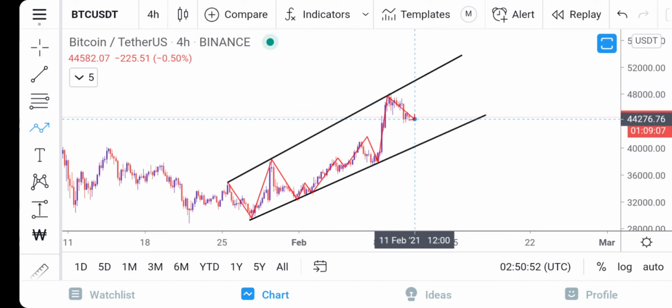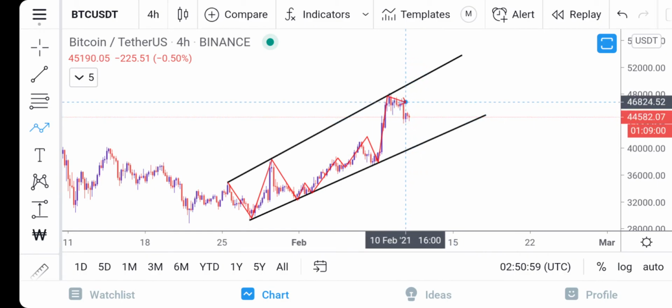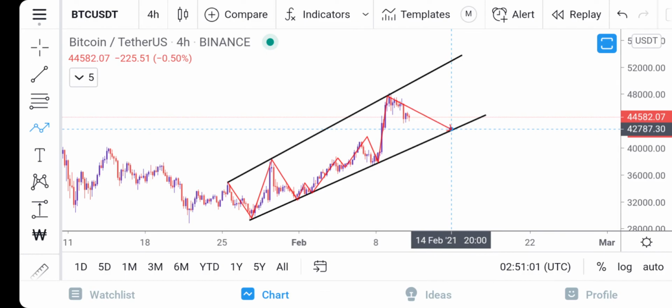The price action that is going to happen here is potentially that Bitcoin is going to move down towards